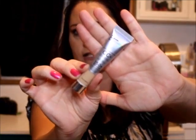And this is a deluxe sample of this because I wanted to try it out before I bought the full size. And this is the IT Cosmetics Your Skin But Better CC Plus Color Correcting Full Coverage Cream Anti-Aging Hydrating Serum plus SPF 50. And I have the light one, and so I've been loving this for those simple days where I'm just at home and I feel like putting some foundation on. But it's not foundation, but it's like a foundation because it has full coverage,